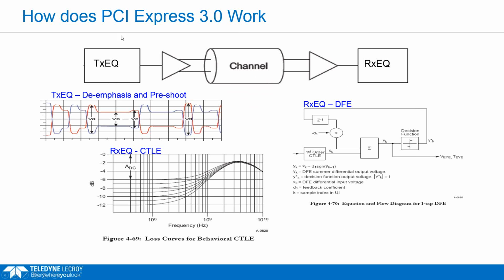So I'm going to give a quick example of one type of TXEQ. And typically the RXEQ follows the same concept, works a little bit differently, but I'll show the example of the transmit equalization. In both cases, the concept is the channel is distorting the signal by acting like a low-pass filter. So it's attenuating the higher frequency components of the signal. And so what we do with the equalizers is we try to do the inverse. We boost the high frequency content of the signal. And both the TXEQ and RXEQ try to do the same thing, and they just do it in different ways.